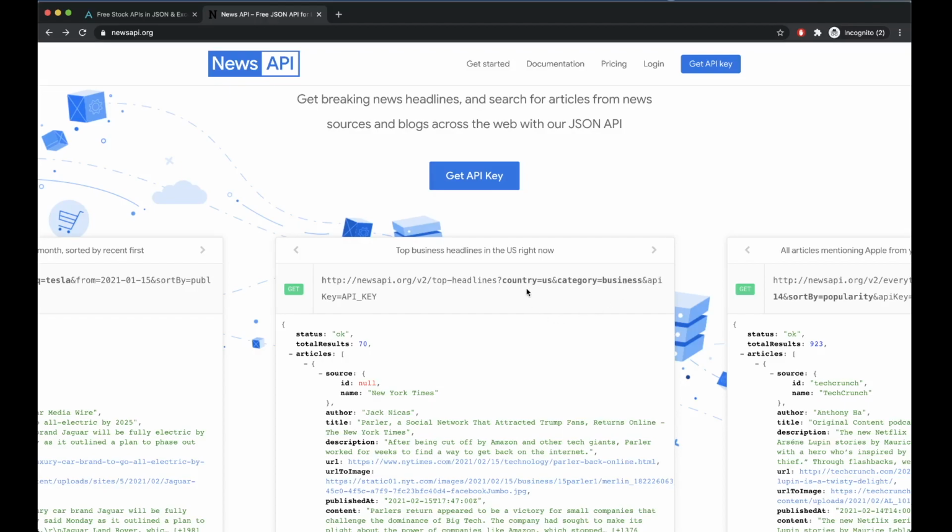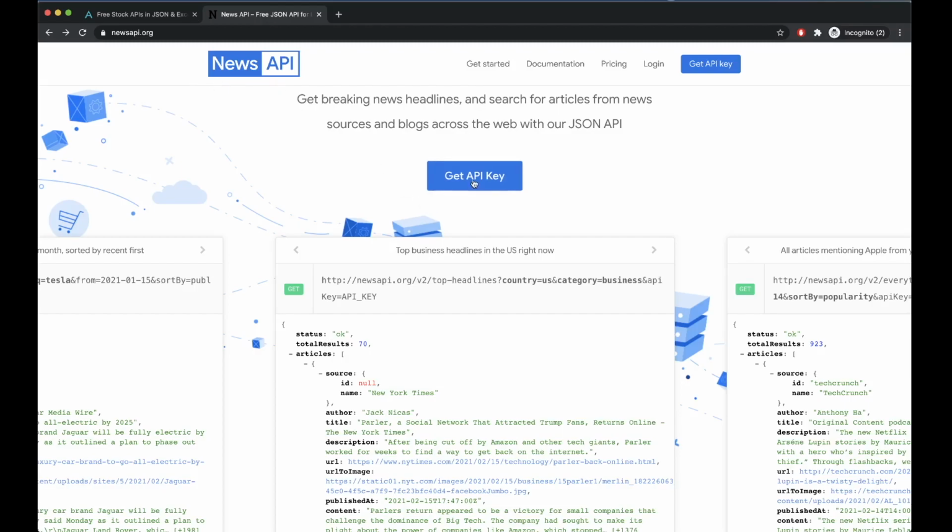You can customize your app for different countries by providing your user a selection option where they can choose which country they want. Or if you want global, you can remove that and just have the category as business, and you get world business news. So this is going to be the API endpoint that we're going to be using with News API.